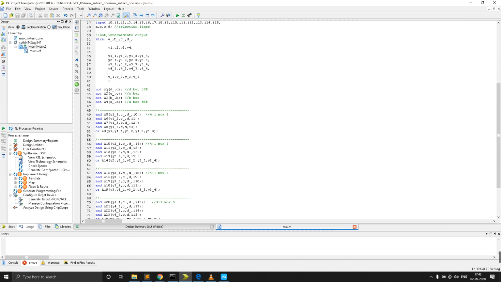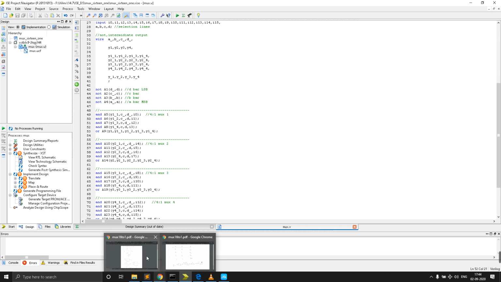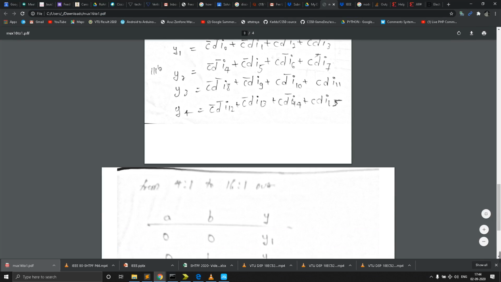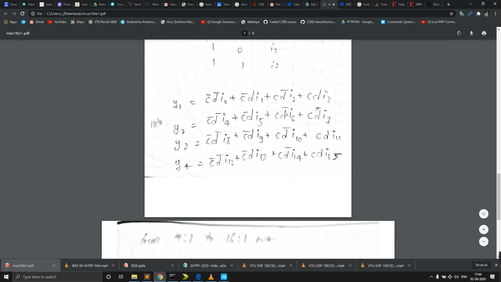So for that, in Verilog, I already told all these things. Here we can see this is for A1, that is the naming, and here D bar, D, C bar, which we defined here. This is for mux 1, and we did those four equations here. Those are the four intermediates. To implement each equation we need the AND operation and the OR operation.